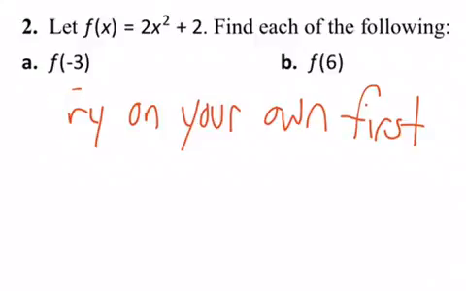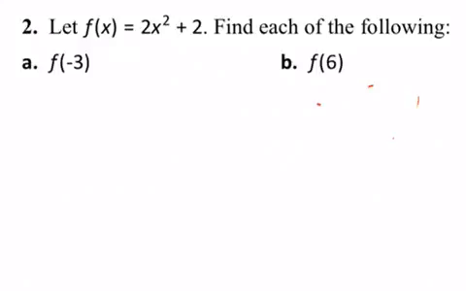Okay, everybody should have tried these two actually on your own first. And now let's check to see if you are right, or let's try to find your mistakes. So first we have f of negative 3, and we need to evaluate it for f of x equals 2x